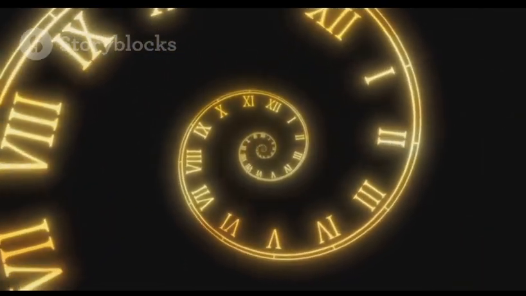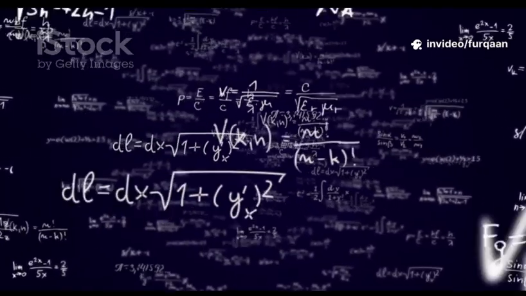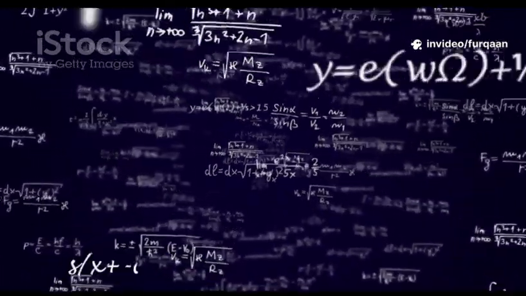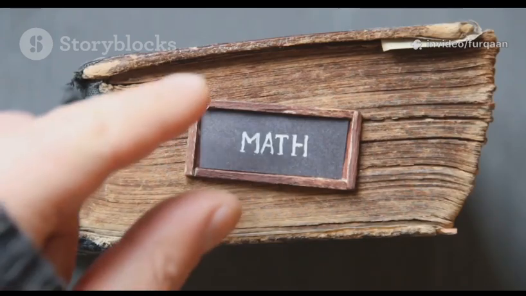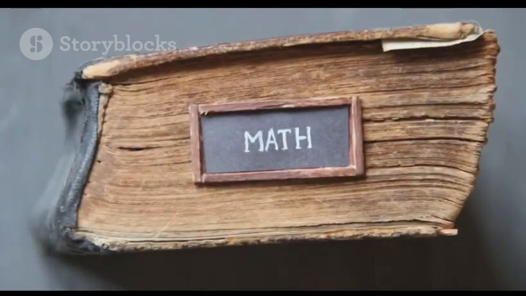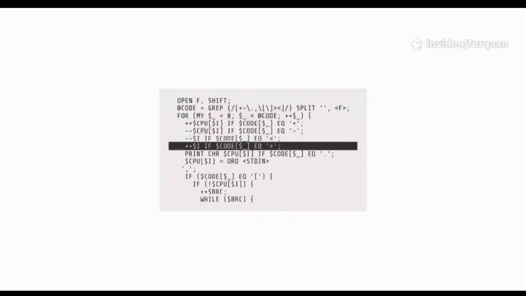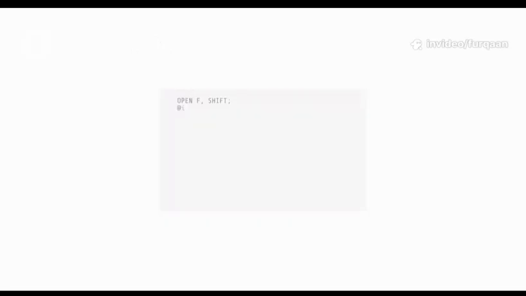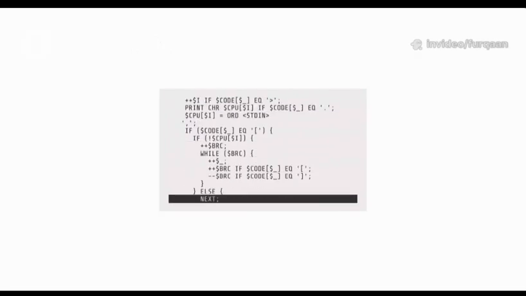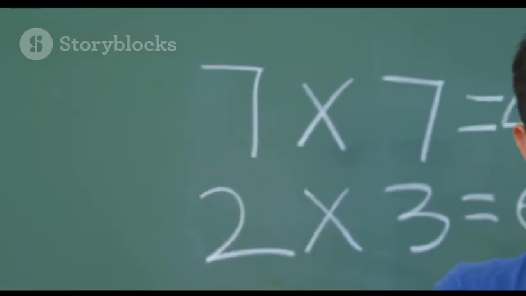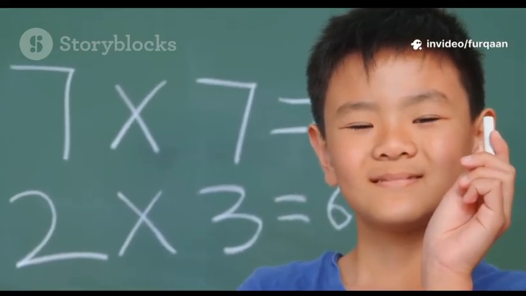This mismatch is the source of a common and sometimes confusing issue: floating point rounding errors. Consider the simple decimal fraction 0.1 or 1/10. In base 10, it is clean and finite. But when a computer tries to store 0.1 in binary, it runs into a problem. The fraction 1 over 10 in base 2 becomes an infinitely repeating sequence, 0.00011001100011 and so on. It is similar to how the fraction 1/3 becomes the repeating decimal 0.333 in our base